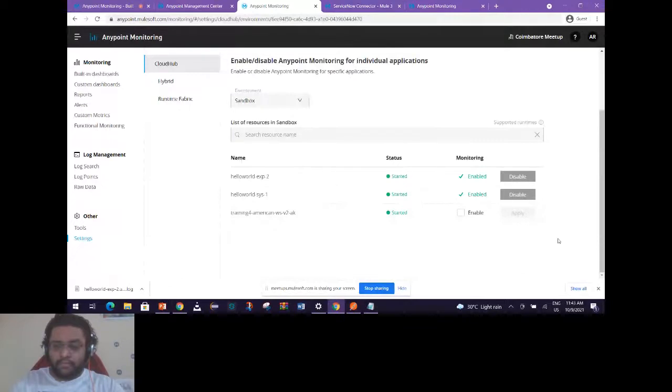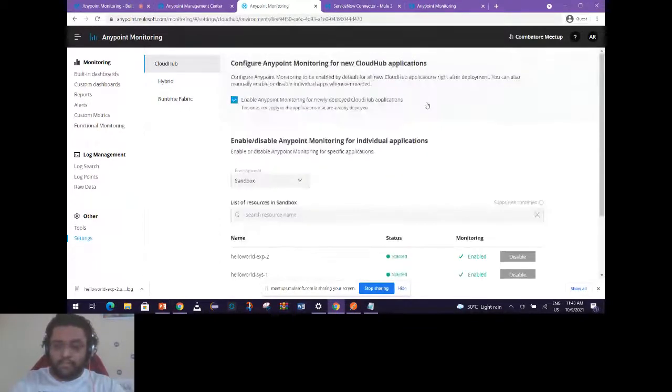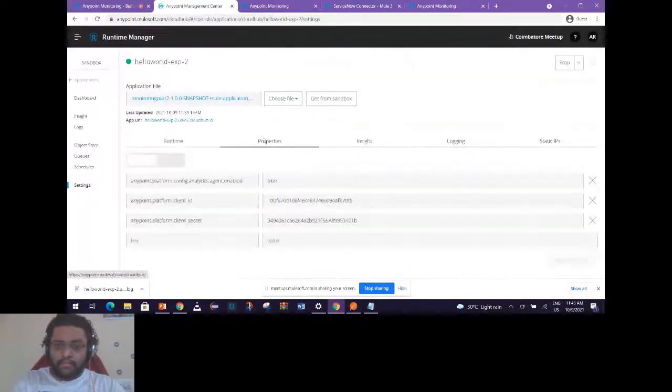So these are the two methods, using the browser or Anypoint Monitoring. You can enable monitoring for any of the applications that you want to deploy, and like I said, we need to consider the requirement or trade-off of what level of monitoring you require in all of your APIs. The third and last way is adding a property in your application.